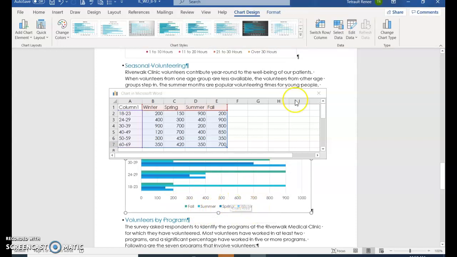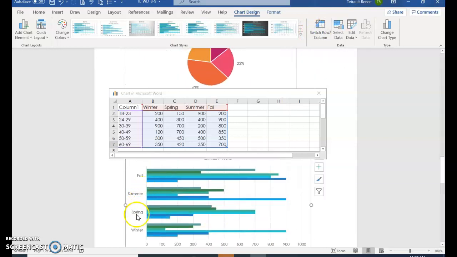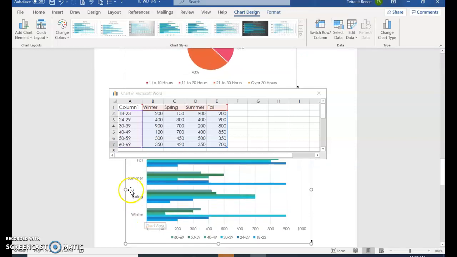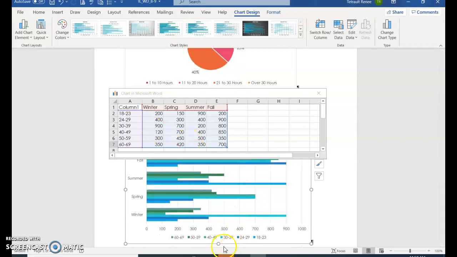We're going to change that by clicking Switch Row Column. And so now the fall, winter, and spring are on the vertical, and your legend has changed. So what they also would like us to do is add a horizontal axis name, underneath the horizontal axis. So click